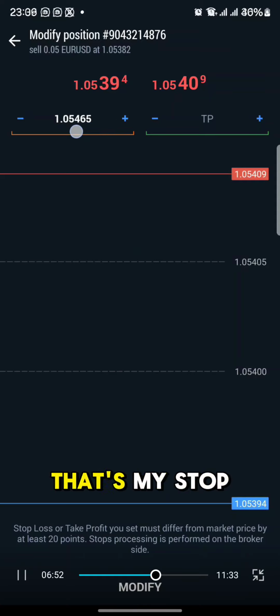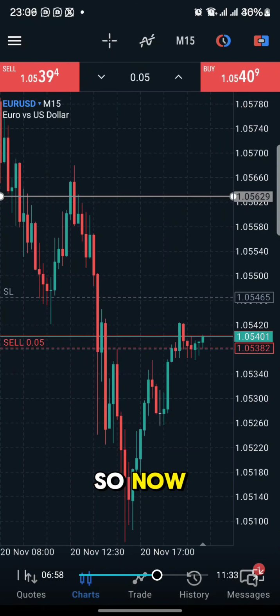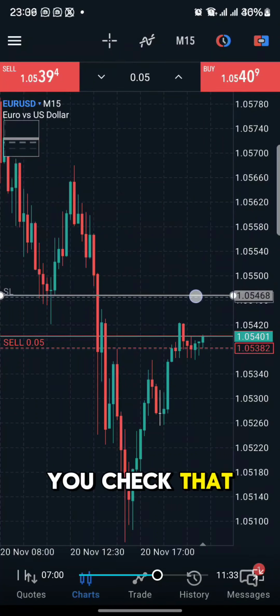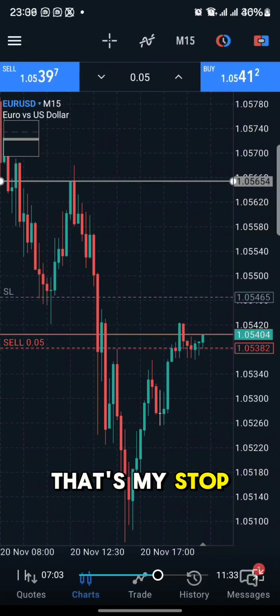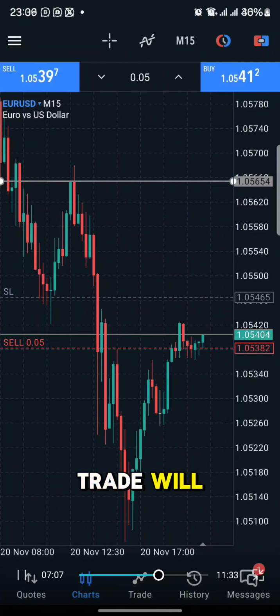if you check here, that's my stop loss there. Then I click modify here. So now if you check that dotted gray line, that's my stop loss. Now it means if the market goes up to there, my trade will automatically close and I'll be in a loss of